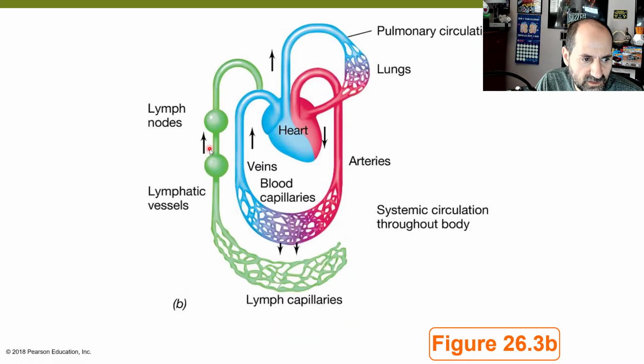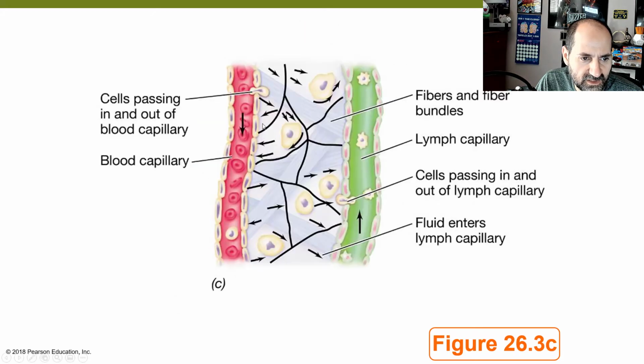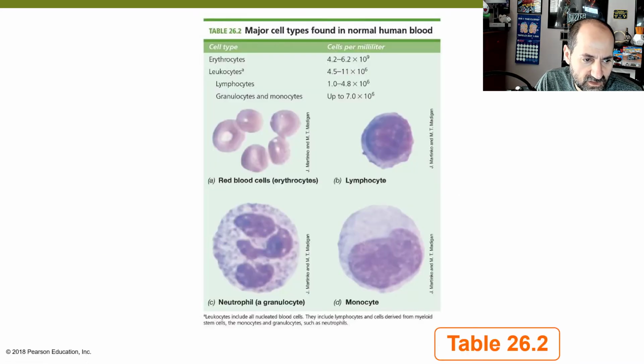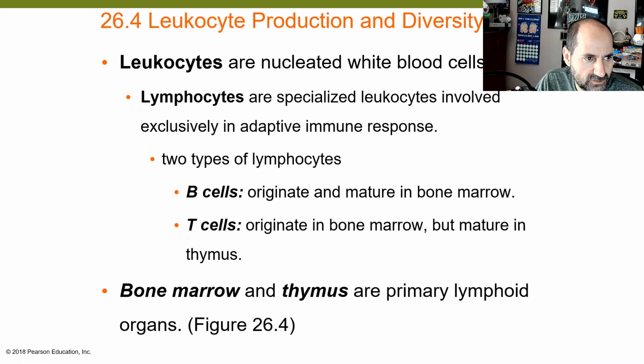And then we talked about the lymphatic vessels and lymph capillaries, and then the blood capillaries, and how there's exchange of white blood cells between the lymphatic capillaries and the circulatory capillaries. We talked about plasma. We talked about serum. Leukocytes: you should know that leukocytes means the white blood cells. This includes the lymphocytes, the B cells, and the T cells. The bone marrow and thymus are primary lymphoid organs because this is where the B cells and the T cells